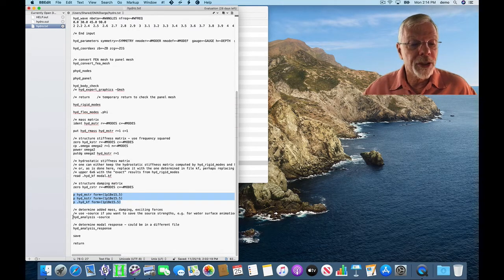All right, so the next command, hyd_analysis, calculates the added mass, damping, and exciting forces. It doesn't calculate any response because that has been separated out from this command. So there are two different commands, one to calculate the added mass, damping, and exciting forces, and the other one to determine the modal response based on those added mass, damping, and in this case wave exciting forces. The reason is because the added mass and the damping are not dependent on waves, they're dependent on the